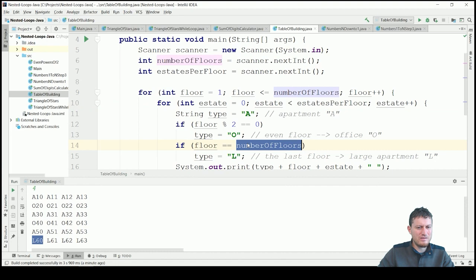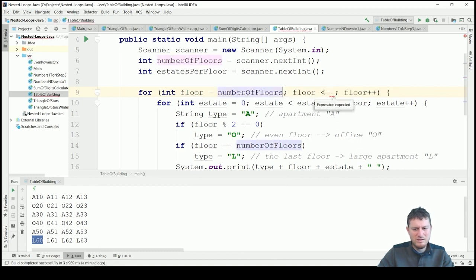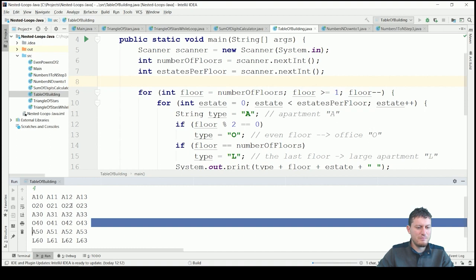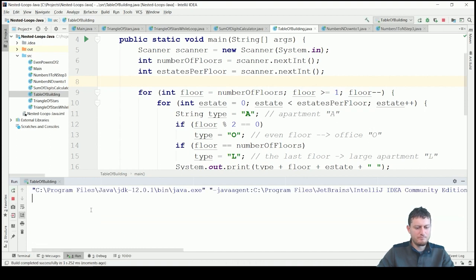The last 4 is for 1, so I think we should start from the number of floors until 1 in the down direction. Because we'll first print the last 4, then this 4, then this 4, and this will fix the bug I have. 6, 4,